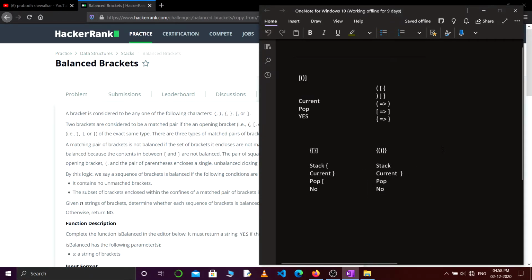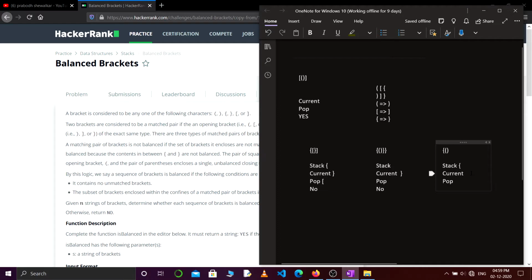And now the last example, let's say curly bracket, round bracket, and round bracket. So stack, current and pop. Initially we get an opening bracket, so we'll push it into the stack. Again an opening bracket, so we will push it into our stack. Now our current element is a closing bracket, so we will pop from the stack. Our popped element corresponds to the current element, so no problem.